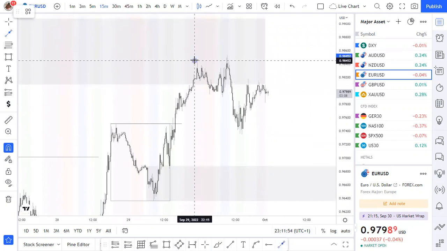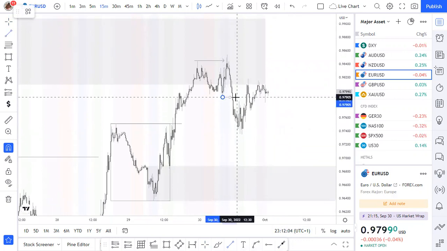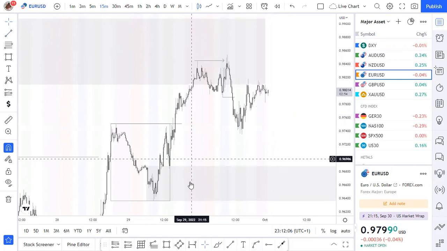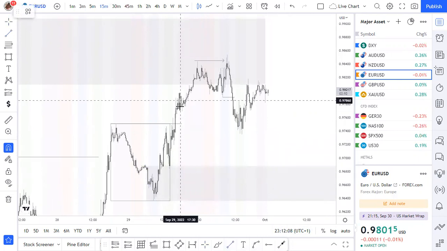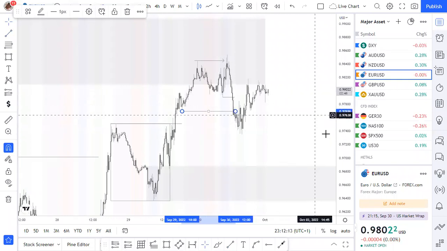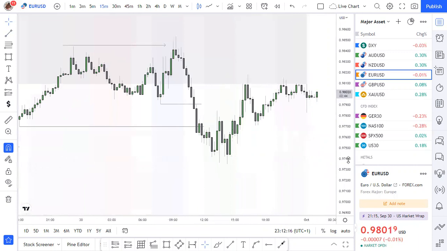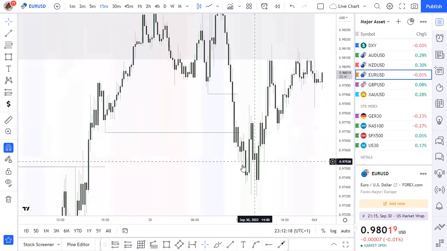Sorry, here. And then we had our break of structure. You can still mark out this low as your last higher low before we got the break of structure. So this is what we'll be looking at for